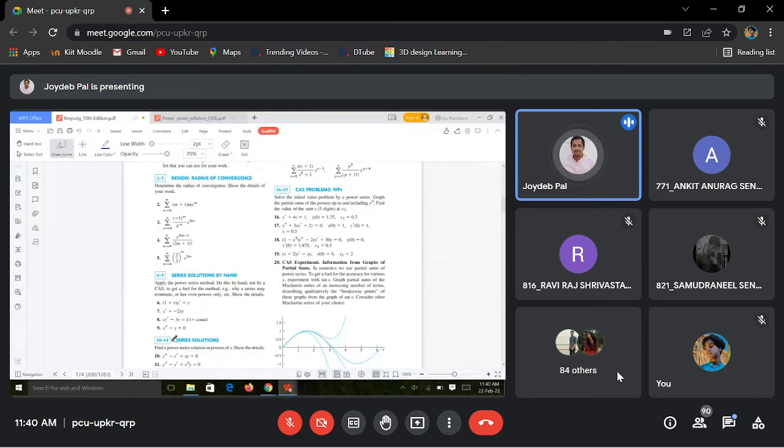That was problem number 9. Okay, it is a second order problem. Before that, I am taking a first order. Okay, then I will go to the second order. So I am taking y dash is equal to minus 2xy. This problem. The question क्या है देखो, apply the power series method. Do this by hand, not by CAS, to get a feel for the method. जो भी है मतलब यहाँ पे you have to apply the power series method.